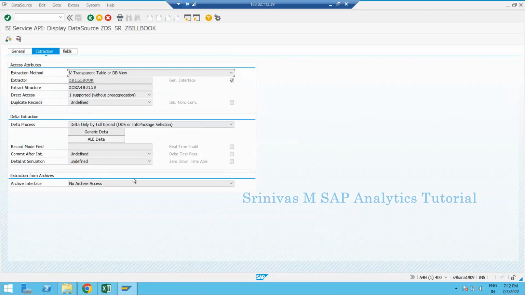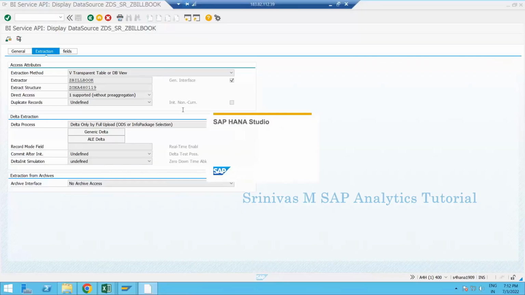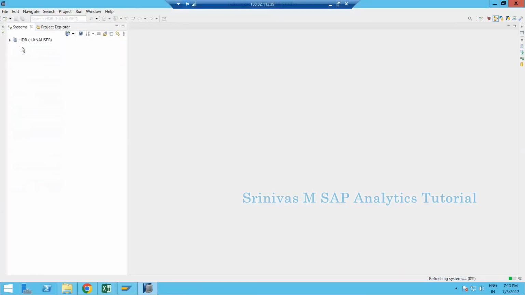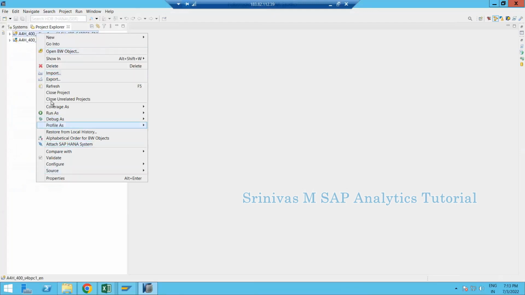Okay, now this data source is there. Now let's see how we can bring this data source into BW. Okay, since we are learning this on BW on HANA or BW for HANA, I am going to HANA Studio now. Okay, since we are opening this HANA Studio for the first time in our BW sessions, what I will do is I will remove all from here, and then I will show you